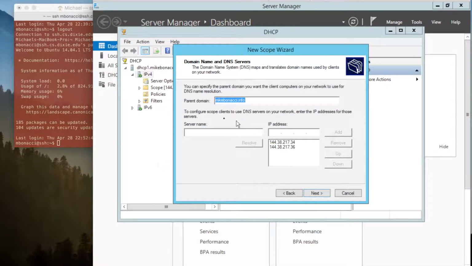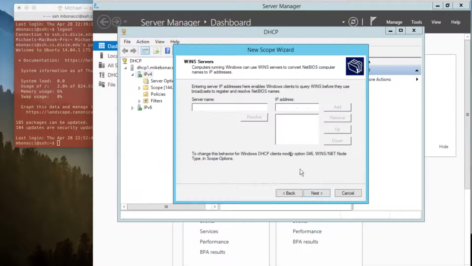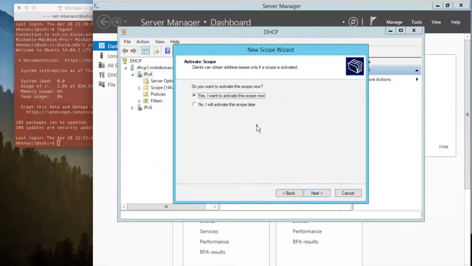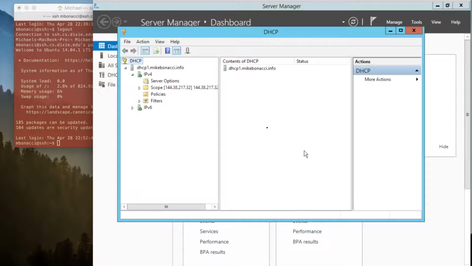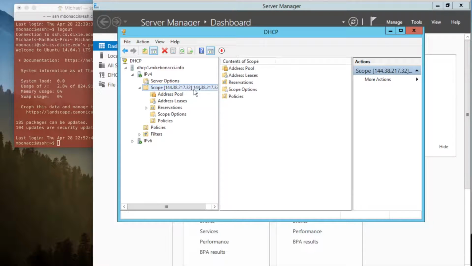The next one is domain names. Those are already in there, so we'll just pop on off. WINS is old technology, so we don't look at that very much anymore. And then this obviously is just asking if you want to activate the scope. So once you do all that, you get